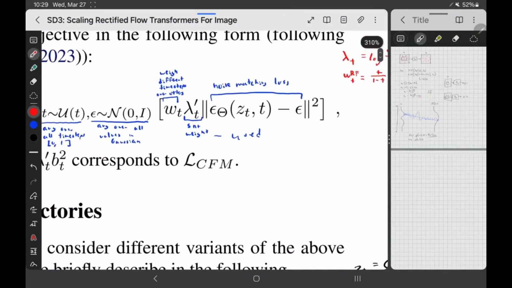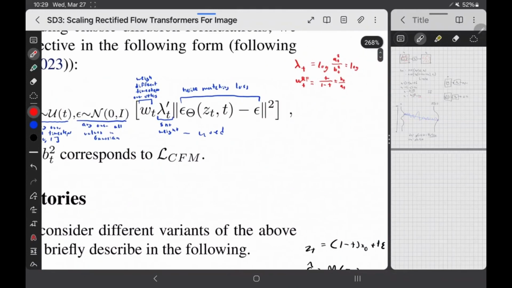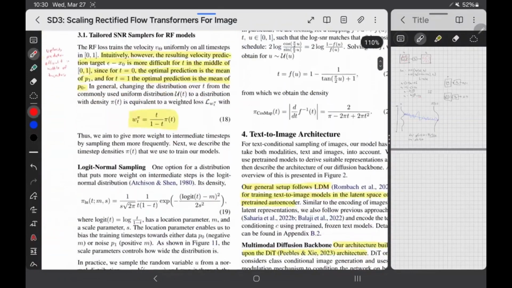Now they formalize this using this objective here, and this objective looks like a mess, but it's not that bad. So I talked about this objective here earlier. This is just the noise matching objective. That's what we had before. So given the interpolation at time t, the model predicts the noise in that interpolation here. So that's all it's doing. Learn how to remove the signal, given the noise. Now there's some extra terms here. w_t is a weighing term. They mention down here